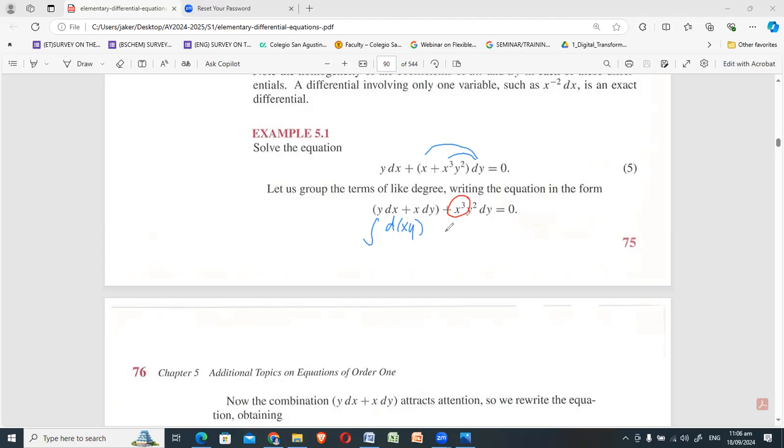When you think, let's say, I will divide by x cubed because that will eliminate x cubed here, but that will change the first term. If it changes the first term in such a way that you can no longer integrate it, then you have to think what would be the proper way of doing it. In that case, a simple division by x cubed will not work because it will introduce x cubed on the d of xy. Then what should be the proper thing to do? Question mark, what should be the proper thing to do?